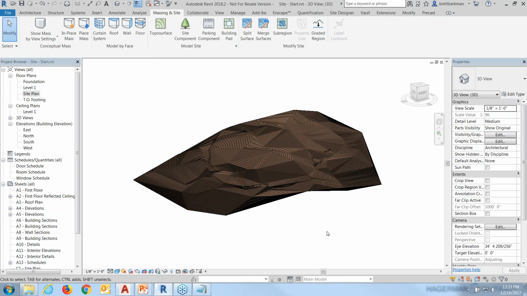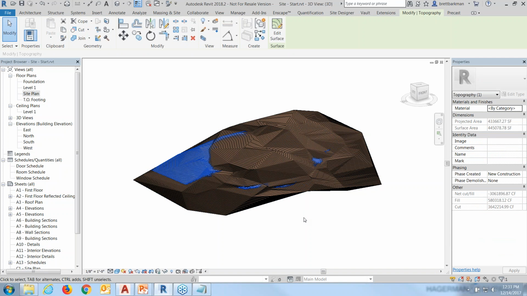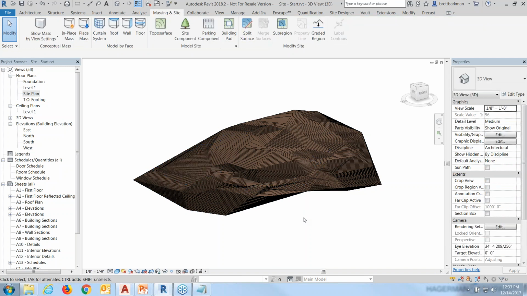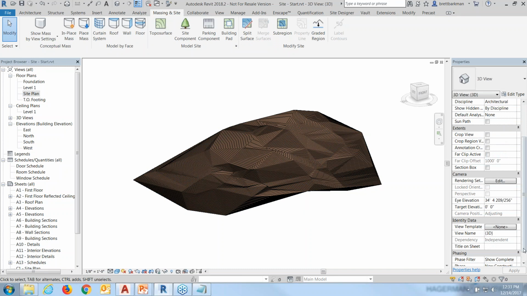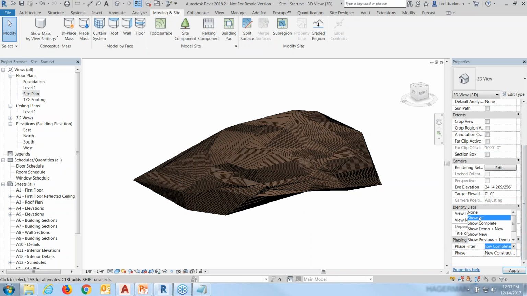All right. Now, this is just one way. We'll bring this in a few other ways to show some differences, and then you can decide how you are going to work with this in your office. So what I'm going to do here is delete the new surface. We'll keep the old one. I'm also going to reset the phase filter to show all,